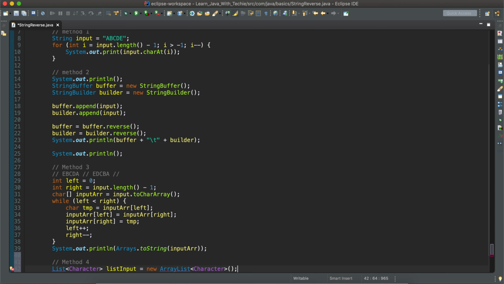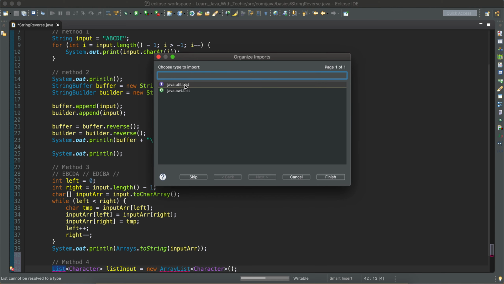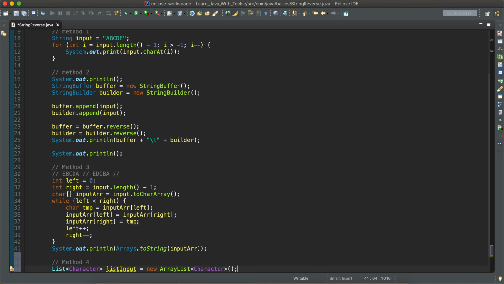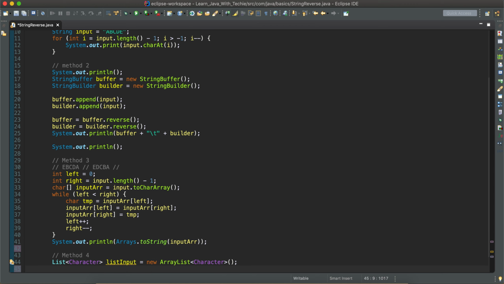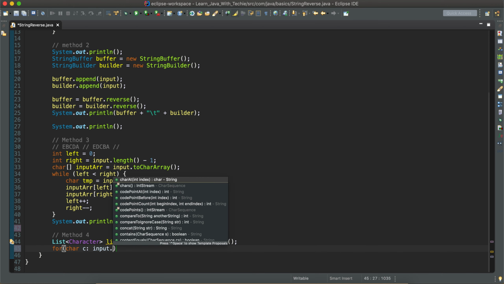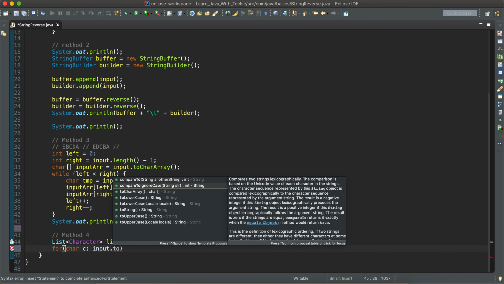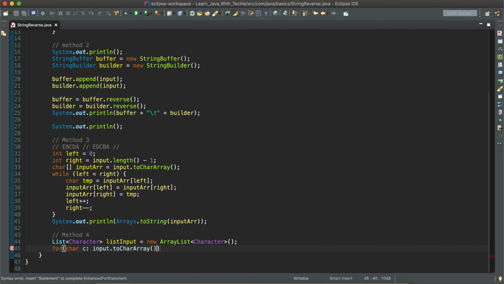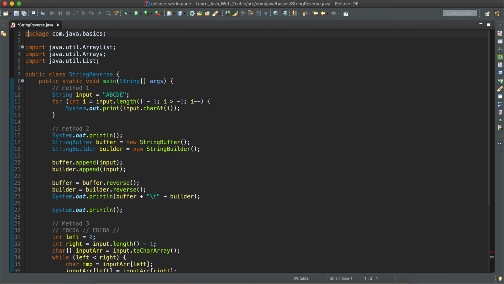I'm going to import List here. Before that, I'm going to add each and every character to the list input. I'm going to use a for loop, character c in input dot toCharArray. For each and every character, I'm going to add it to the list.